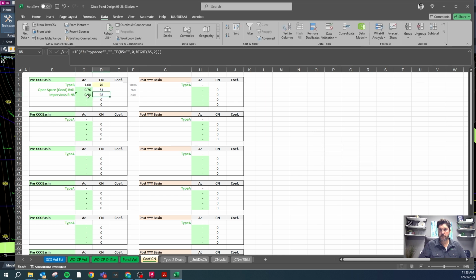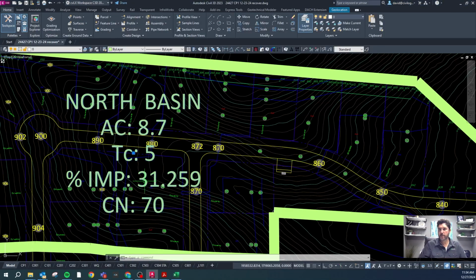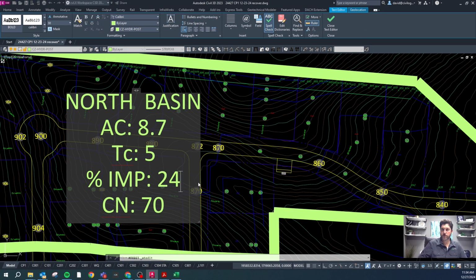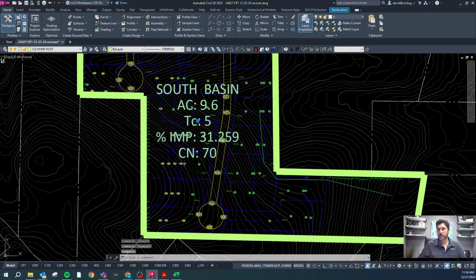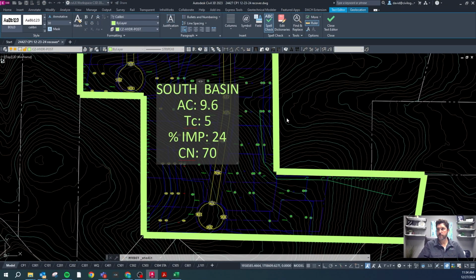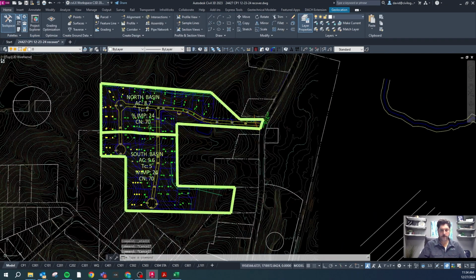It looks like 24% impervious and 76% open space gets us a curve number of 70. And so it will calculate your percent impervious right here. Most of the time this is not an exact acre, and so you'll want to look over here. So this is 24%, and so now I can just put that right here. 24% impervious, and let's enter that on this one as well. And so now we've done our pre and post